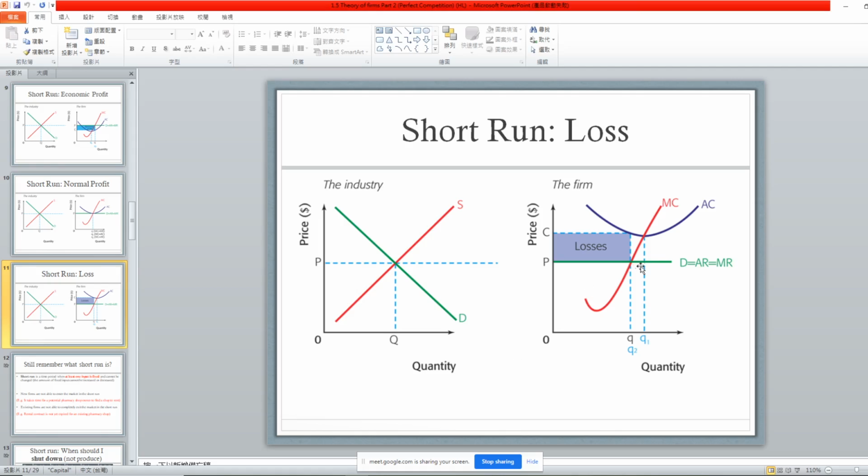Besides looking at the equation, you can see in the market there are so many supplies and so many demands. And at the end, people come up with a place where the society will be happy about the price and the output. But in perfect competition, once the equilibrium is determined by the market,